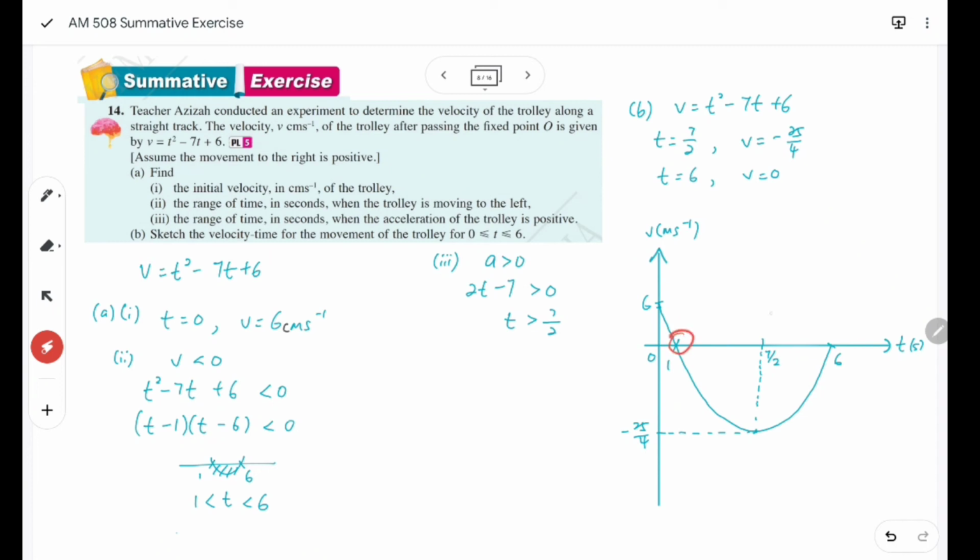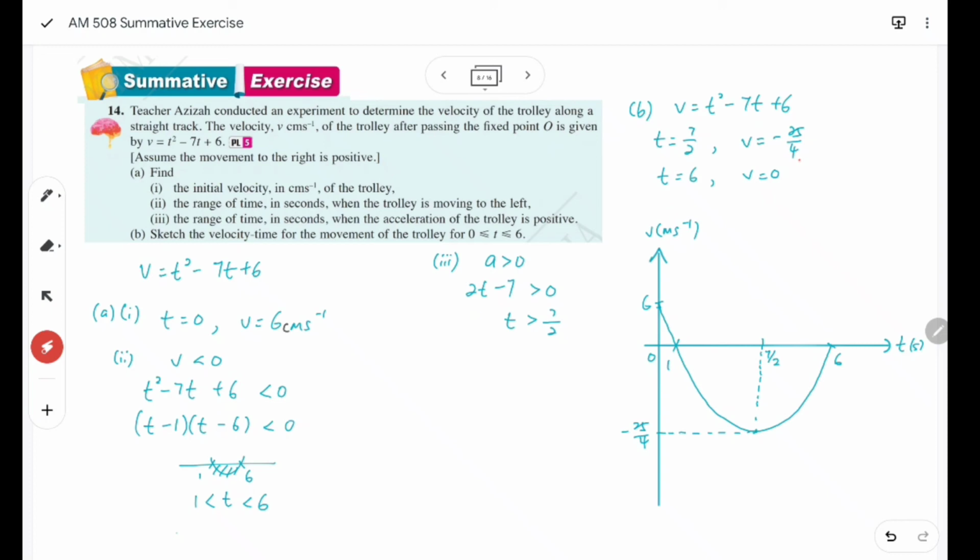So we need to get the time when v equals 0. When v equals 0, we know it happens when t equals 1 and 6. Okay, and between 1 and 6, this should be my minimum velocity. Alright, so I'll get 7 over 2 by adding up the 1 and 6 divided by 2. Okay, so I need to know the minimum velocity here. Therefore, I sub in 7 over 2 into the velocity function, and I'll get v equals negative 25